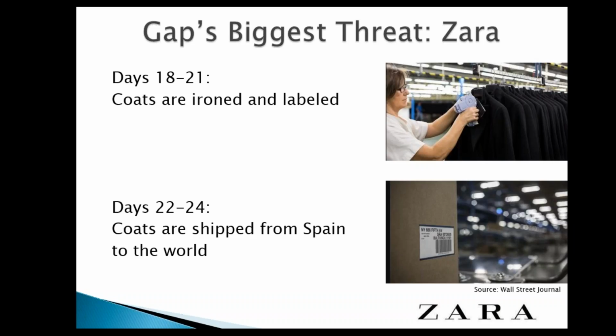But whereas the Gap, they have to commit to X thousand shirts well in advance without knowing whether the consumer likes them or not. They're guessing what the consumer wants, whereas Zara is responding to what the consumer wants. And now with technology, the company that is more responsive is probably going to be the one who's more successful.